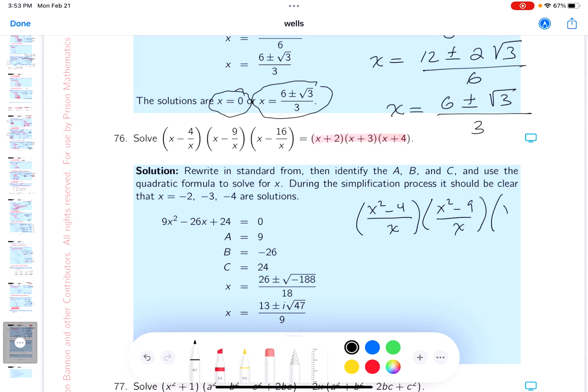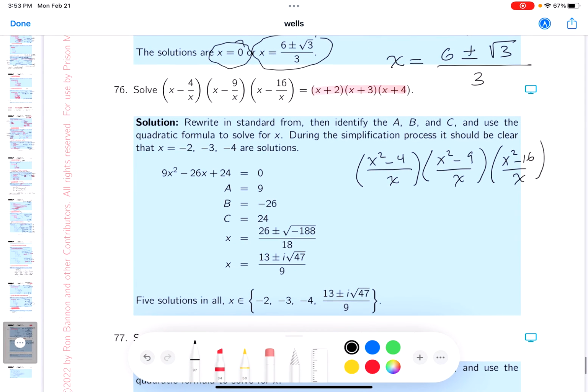And this is going to be x squared minus 16 over x. All right? So, looking at it, let me write this down now. And you get x squared minus 4, x squared minus 9, x squared minus 16